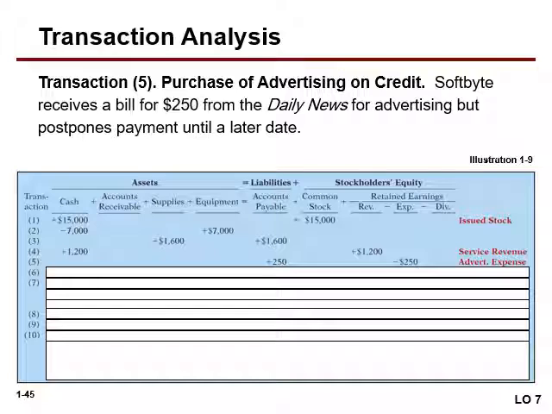We purchase advertising on credit, one kind of expense, but this expense is not cash, it is expense on credit. So in this transaction, accounts payable increased by 250 and at the same time stockholders' equity decreased